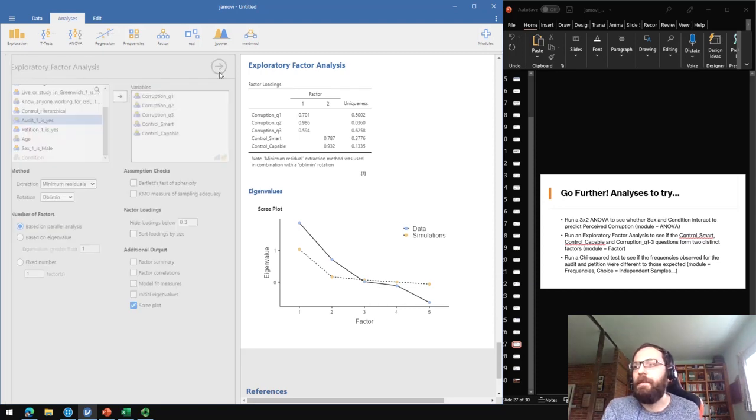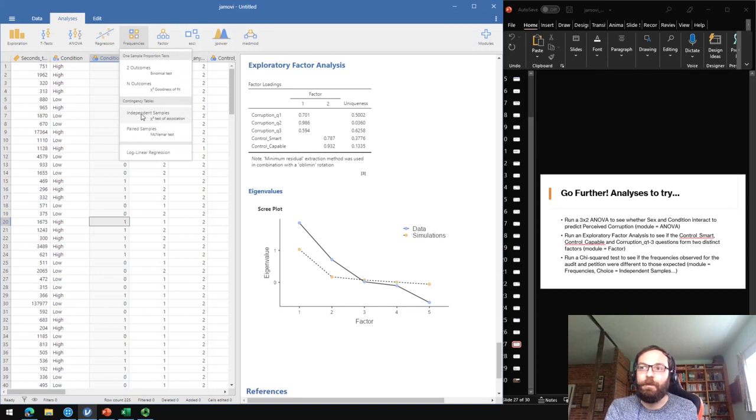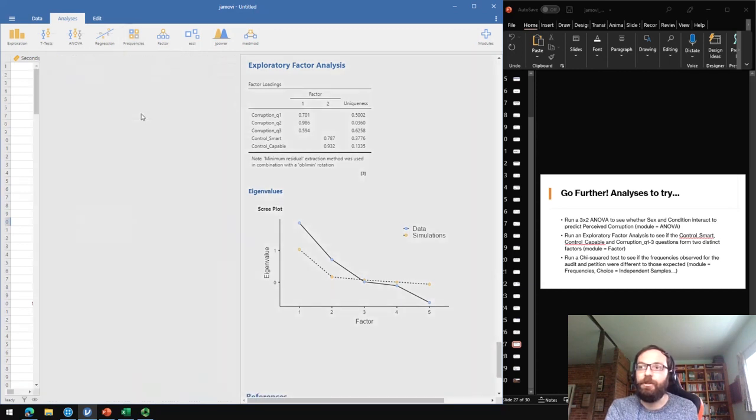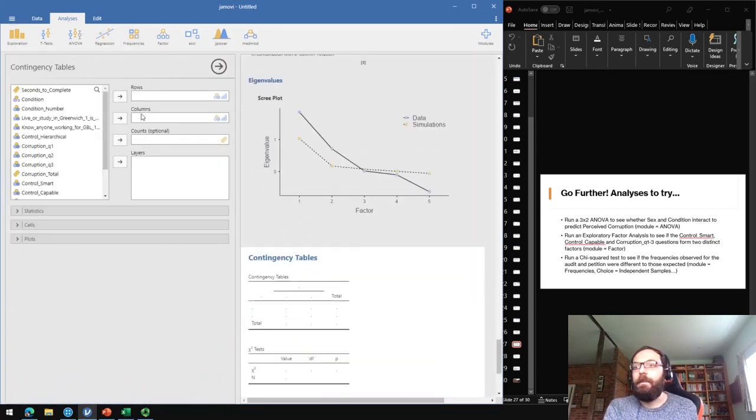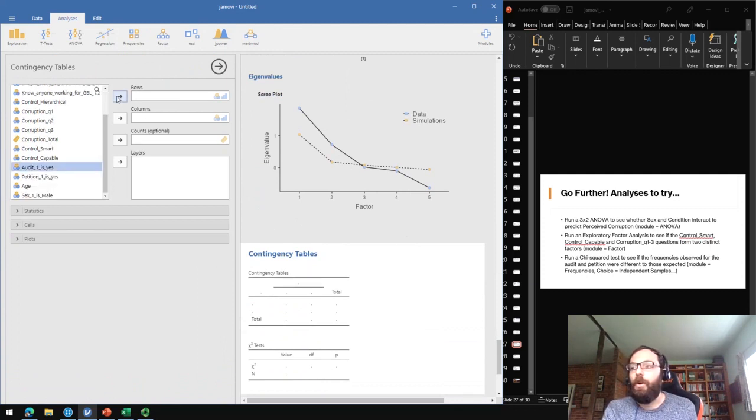Very simple. And then finally, a chi-squared test to look at frequencies. So, in this case, you want to go to the frequencies module, and you want to go for contingency tables and independent samples, so the chi-squared test of association. And then it should hopefully be very simple. You just copy across the two variables of interest, so audit and petition,